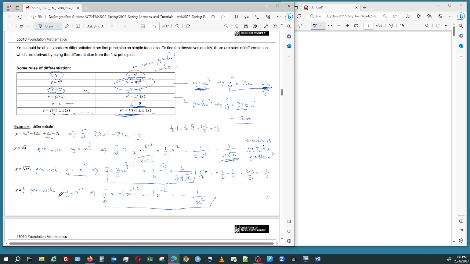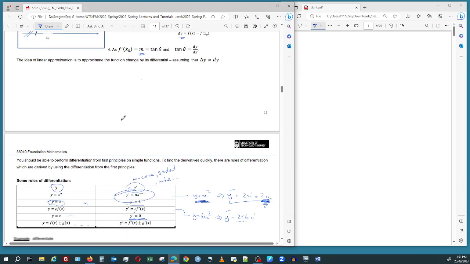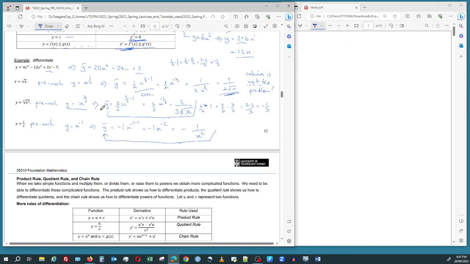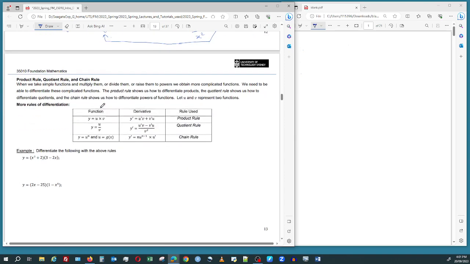Okay, so these are quite important ideas in the first instance of being able to develop your sense of doing lots and lots of examples. Okay, so Pearson's there for you to do your practice in that regard. All right. Now, I'm going to do something a little bit strange. I'm going to have a look at this product rule and quotient rule in this video because I want to emphasize the chain rule. I'm happy to do the product rule, but